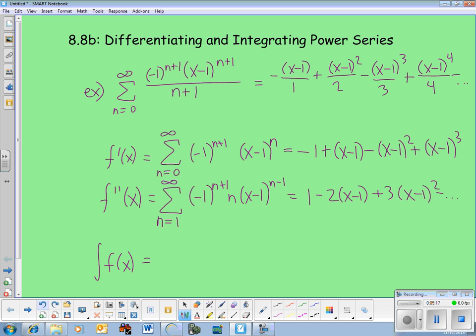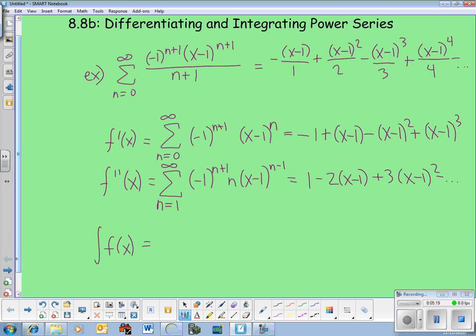All right, the integral. It's just going to be going the opposite way. Starting with the formula, I integrate it, and I have to start this one at 1 as well, and you should see why in just a second. When I integrate it, I'm going to get negative 1 to the n plus 1. That's just my alternating portion. I'm going to get (x minus 1) to the n plus 2, because I increase my power,